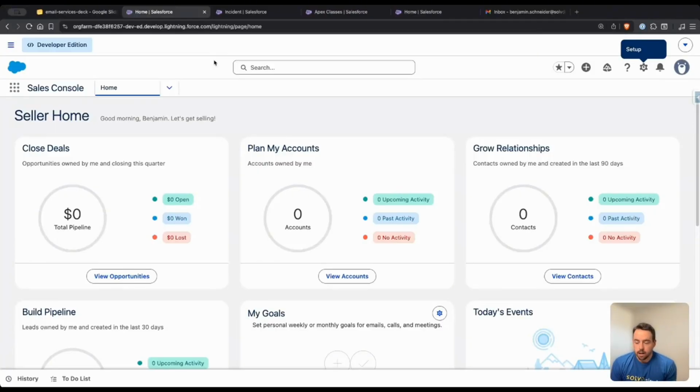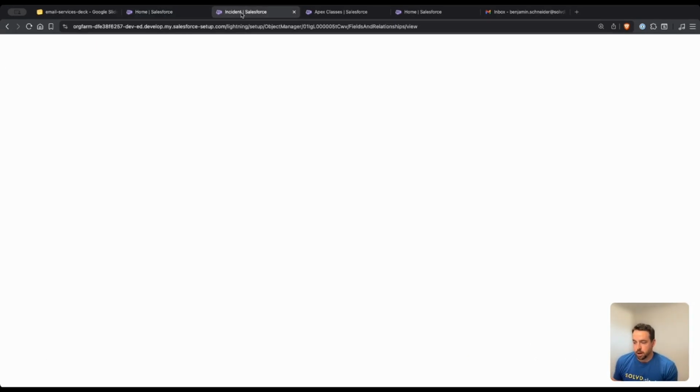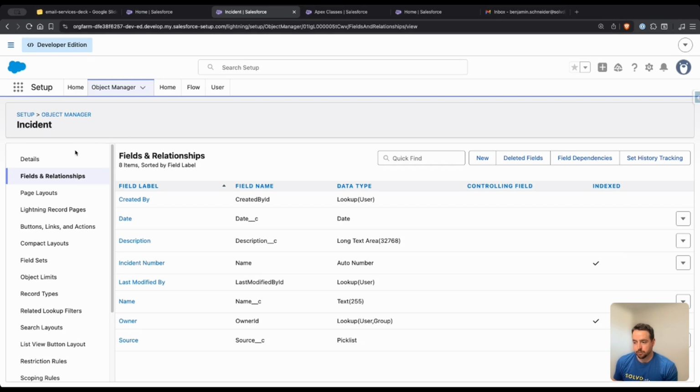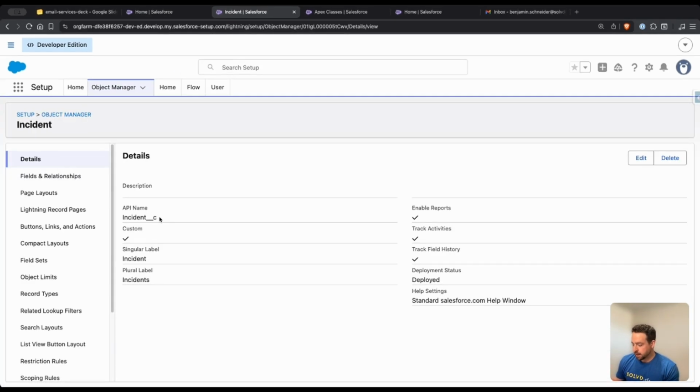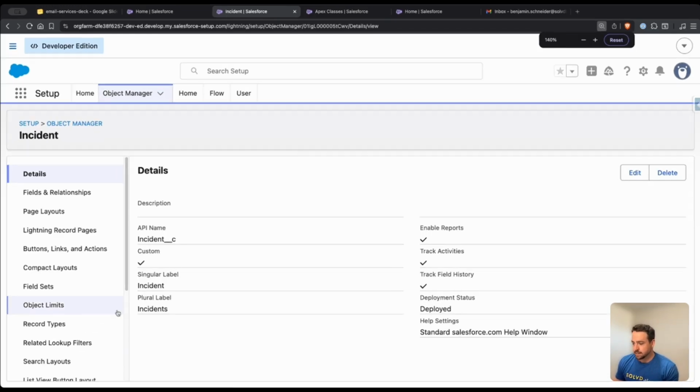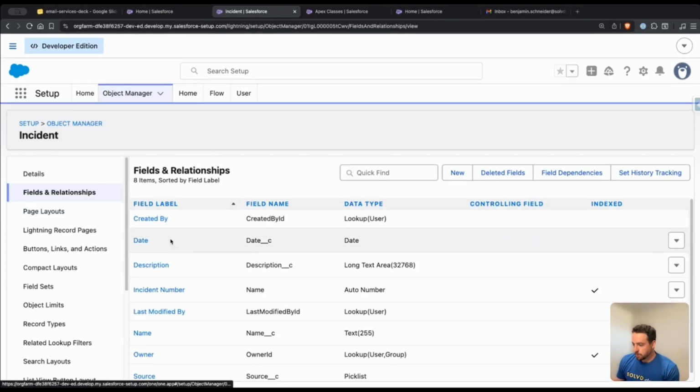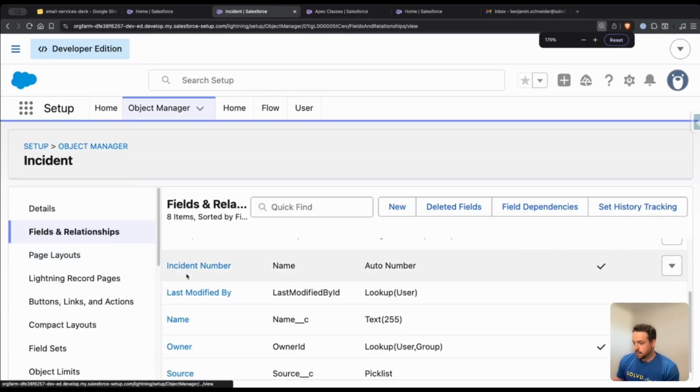Okay, I am here in this developer org that I have just created. I am going to show you the custom object for incident that I have created. Just to save time, I won't create it on screen here, but you can see I made a custom object for incident. I have a few different custom fields here for the date of the incident, the description, which is a long text area field,